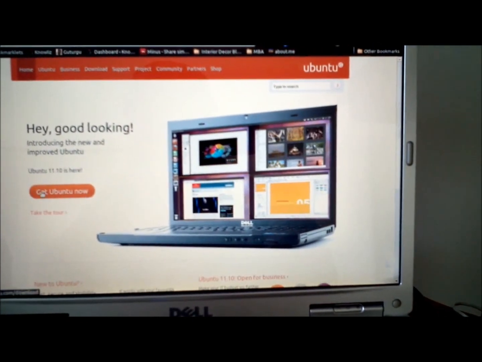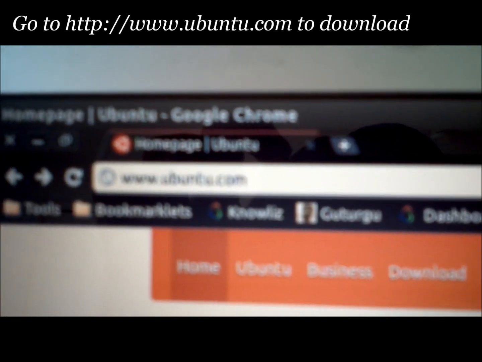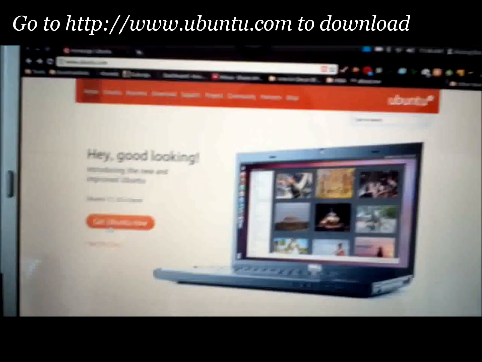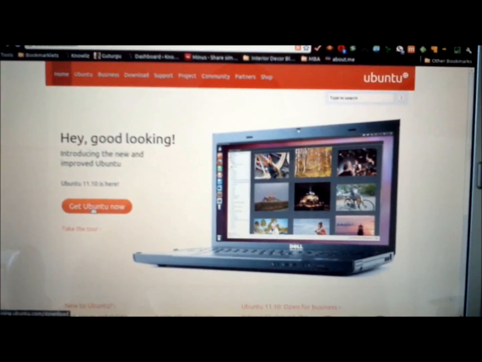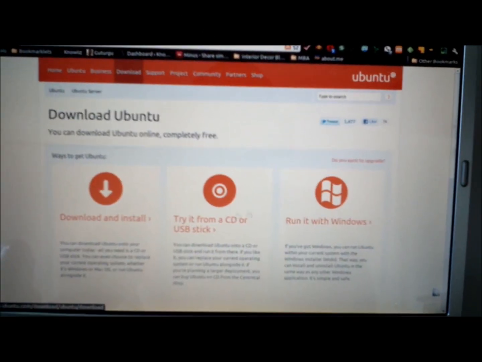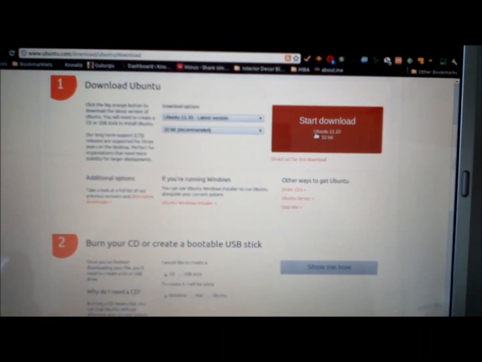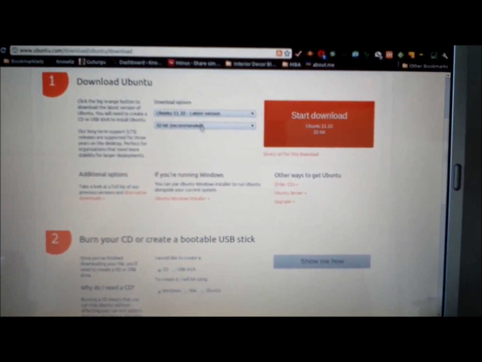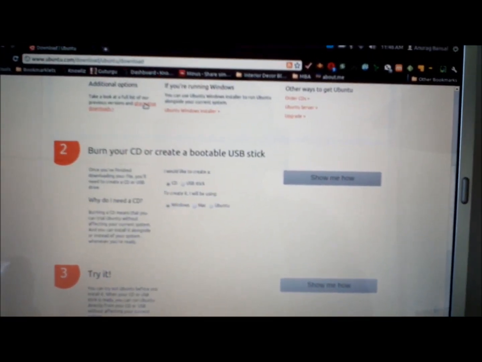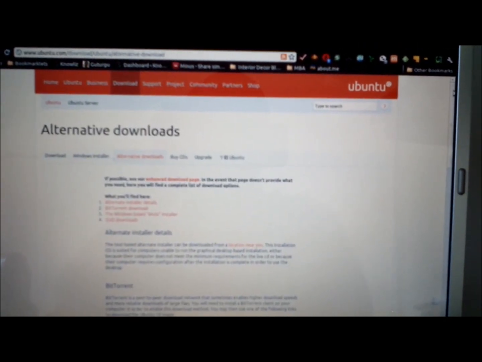First go to ubuntu.com. You can see it here, and then you will see Get Ubuntu now. Go there, download and install. From there you have two options. One is you can say direct download, start download, and that would by default be on the latest revision, or you can go to the alternate locations here and try to download the ISO files from the BitTorrents and all